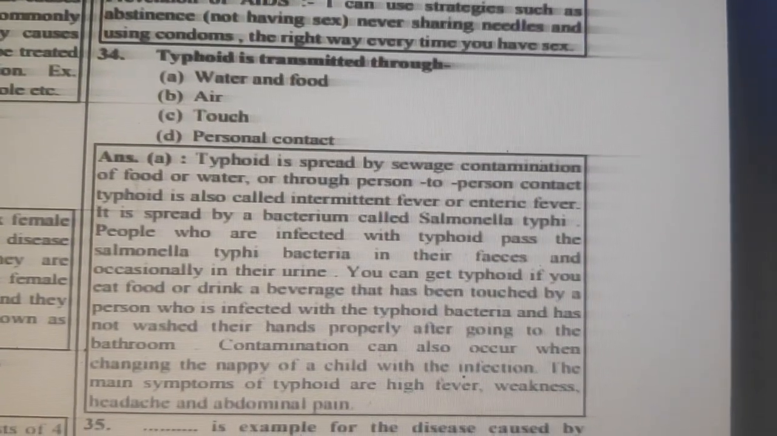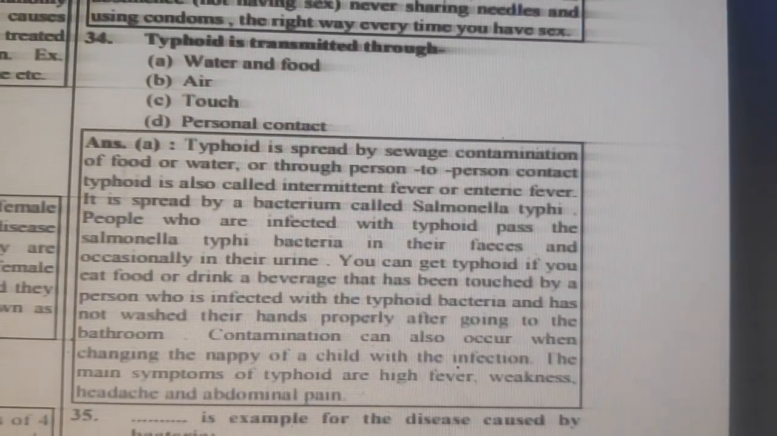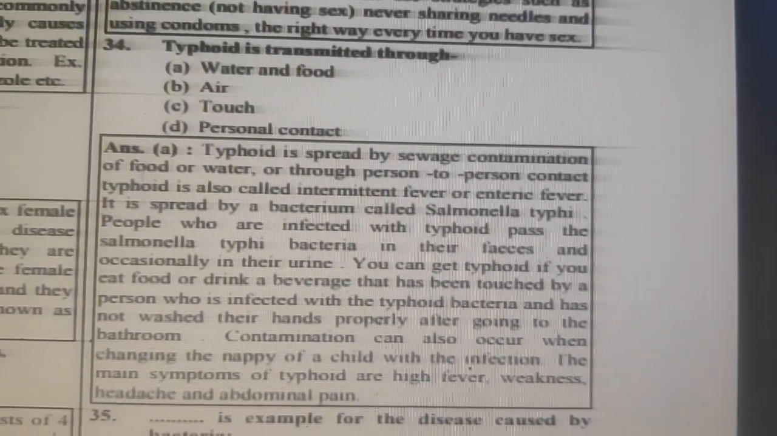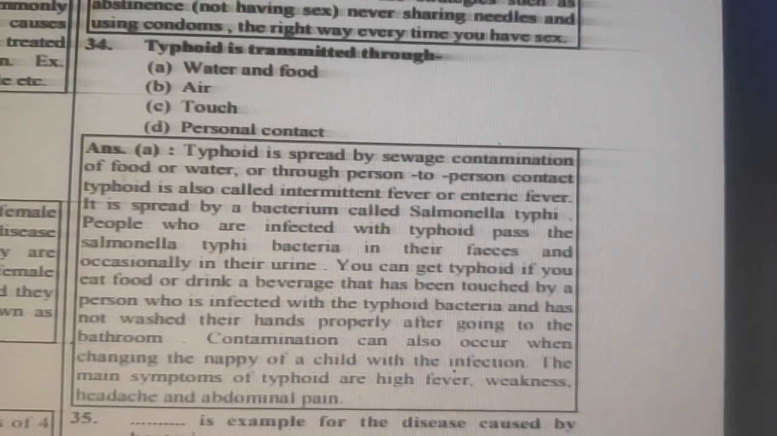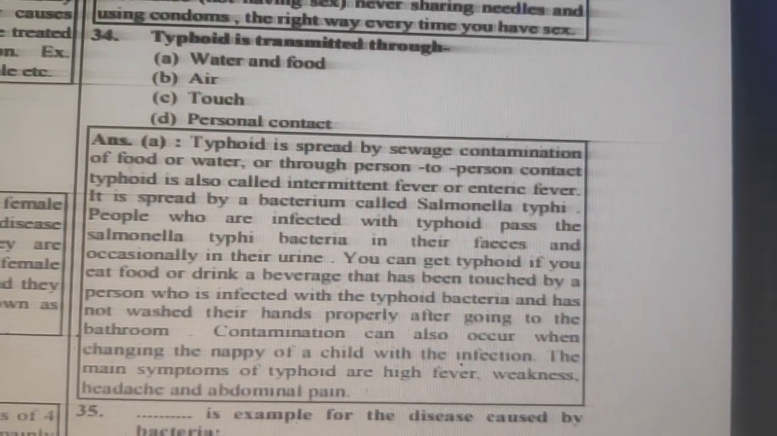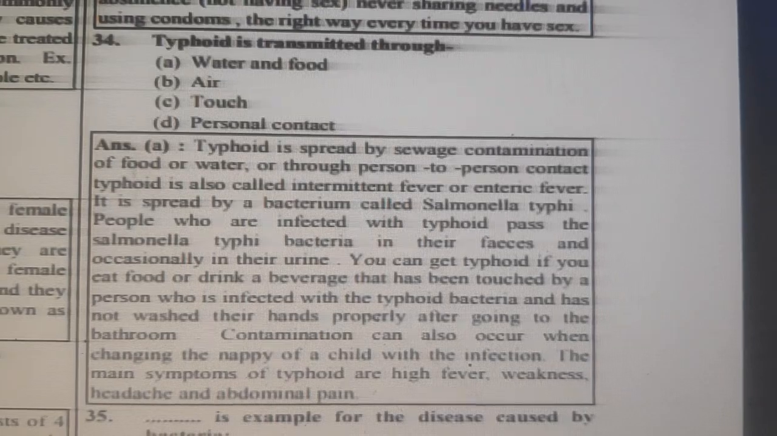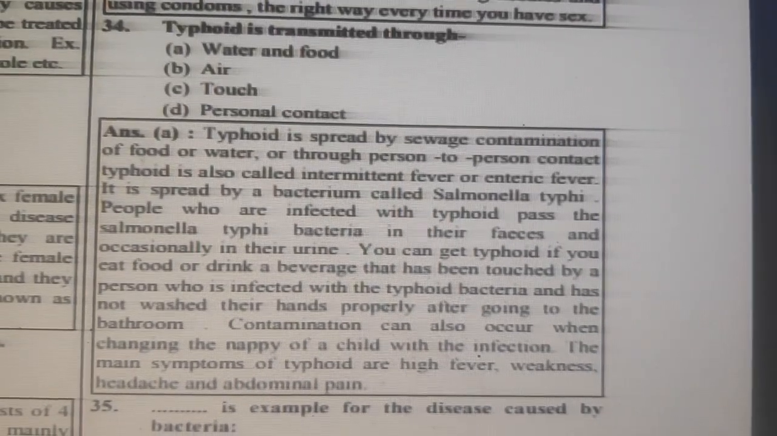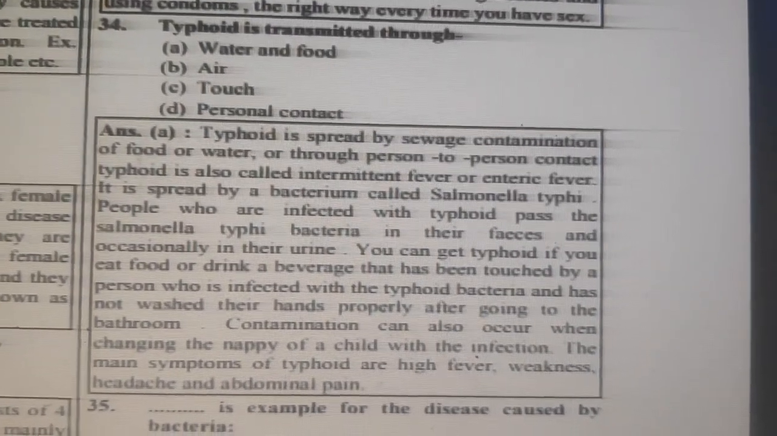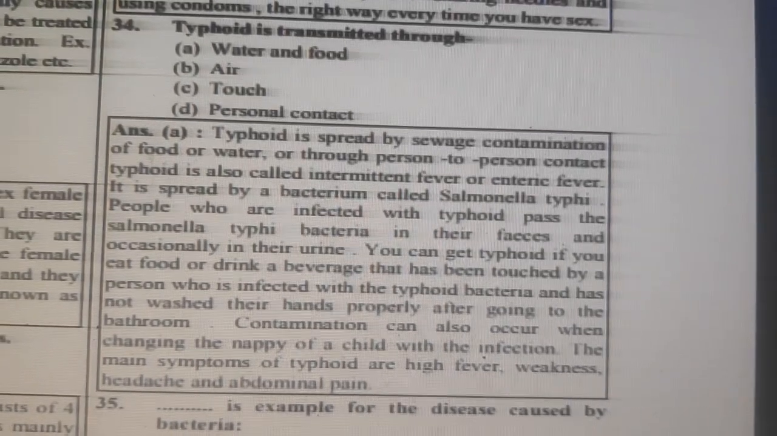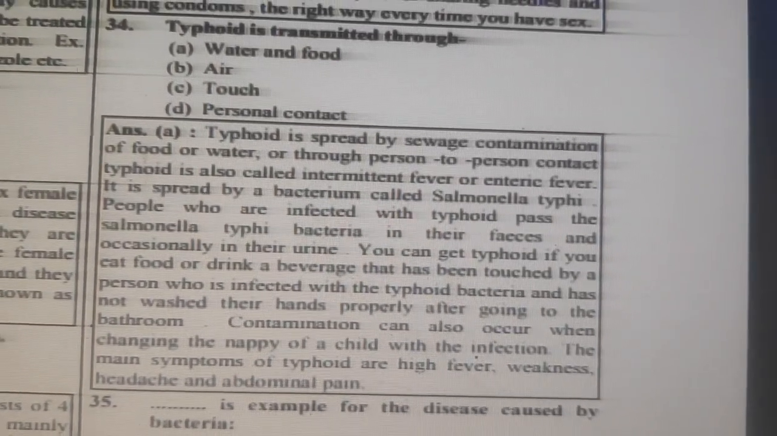Typhoid is spread through the communication of food and water from person to person. Typhoid is also called intermittent fever, enteric fever. It is spread by a bacterium called Salmonella typhi. People who are infected with typhoid pass Salmonella typhi bacteria in their feces and